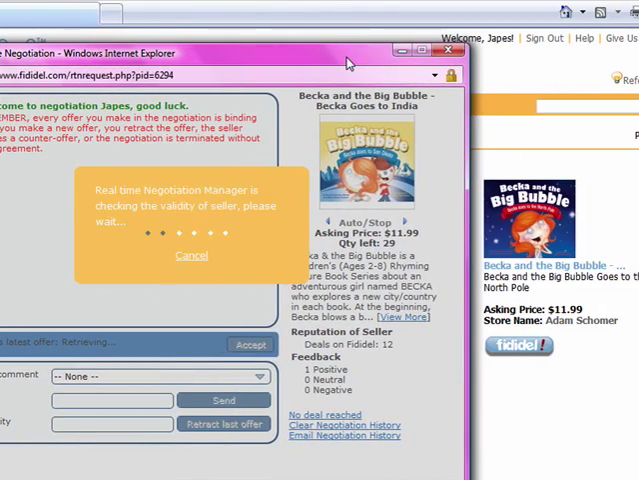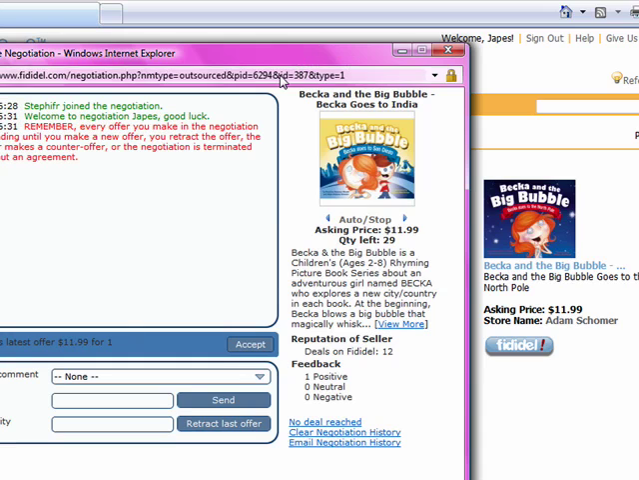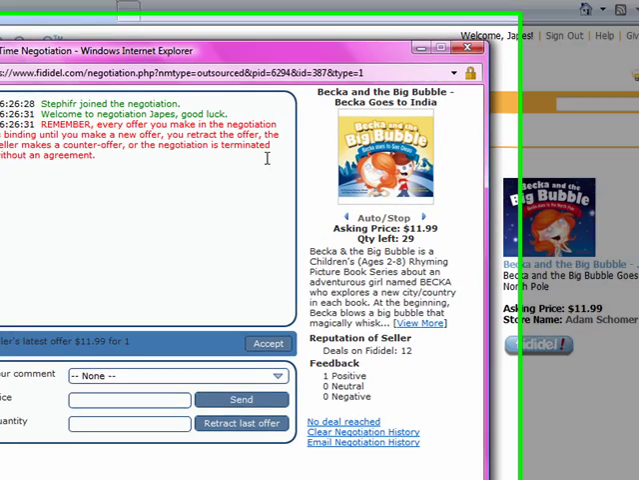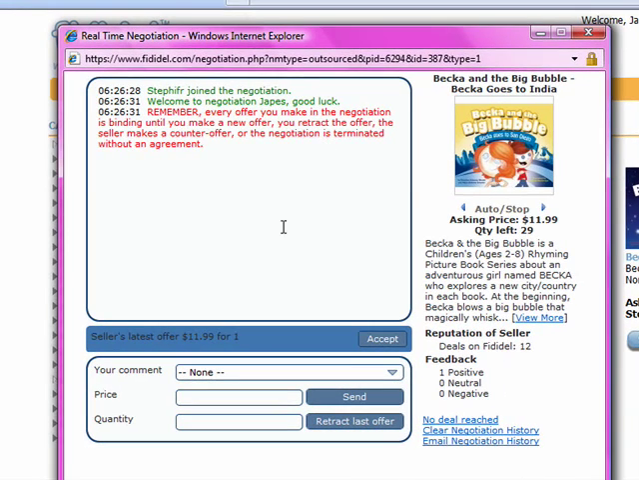The Fididdle site now is out searching for a seller, or if the seller is not available, for a Fididdler, a community of people that are out there 7x24 looking to negotiate with you. In this case, we have a Fididdler who's joined the negotiation, and now it's your turn to input your first